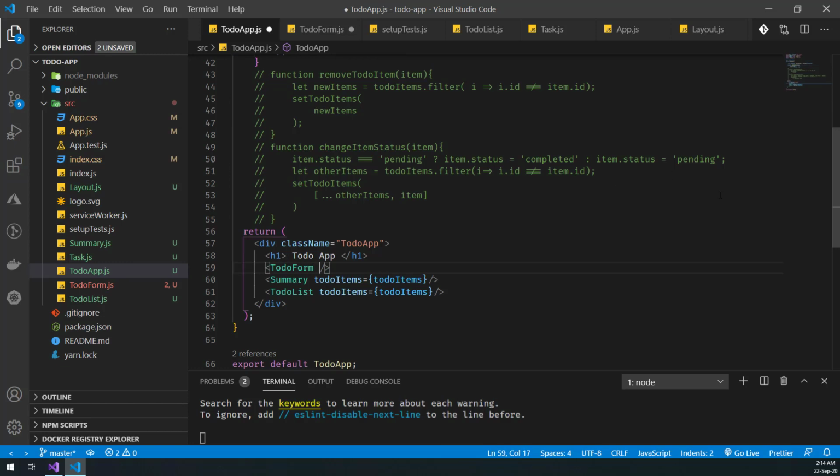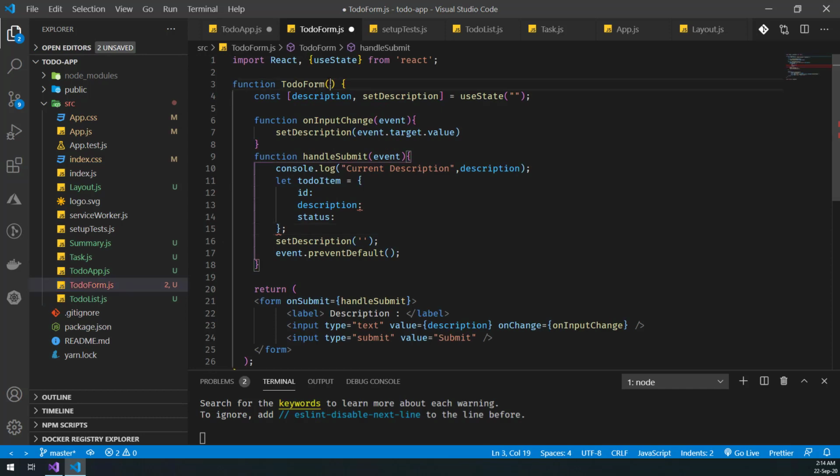So let's just call it onAddItem equals to, so we are passing addTodoItem function in props as onAddItem. So inside our to-do form, we would receive this in props.